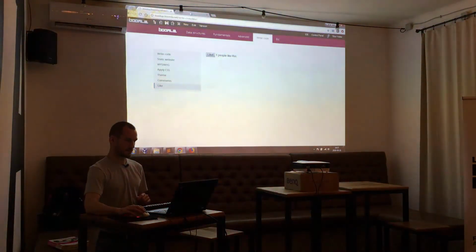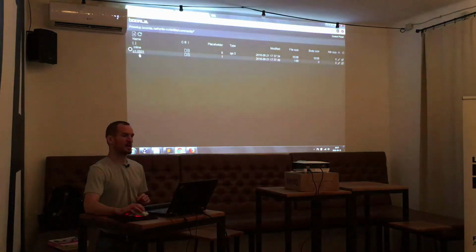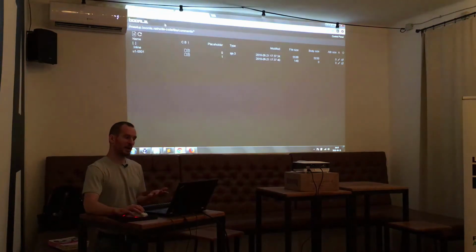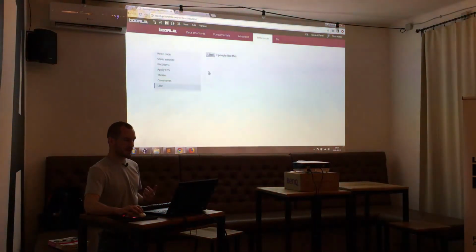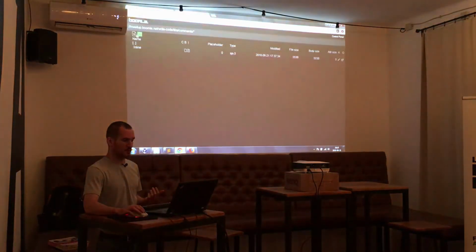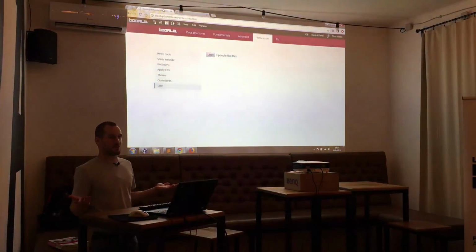If I click it, what it does is it creates, refresh, it creates with my user ID a new file and counts those files. There is one like, so it says one people like this. If I click it again, it says 0 because the file is removed. And for every user, you can create a new file, and that makes it super easy to implement the like